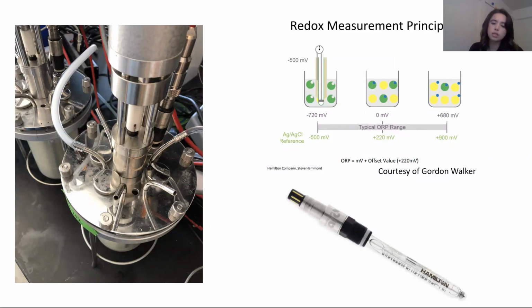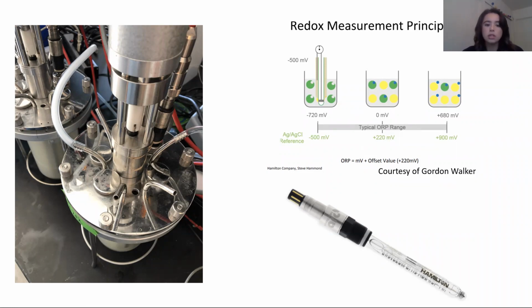So as for the electronics, the redox probes use a silver chloride reference solution with a platinum band. There are other probes available that use a gold band or a hydrogen reference standard. However, the ones that we use have more suitable qualities for the experiments that were run. And they are commercially available for purchase. And then the silver chloride reference has a range of -500 to +900 seen on this range. And that's well within the juice and wine range, which is generally from -200 to +400 at most.